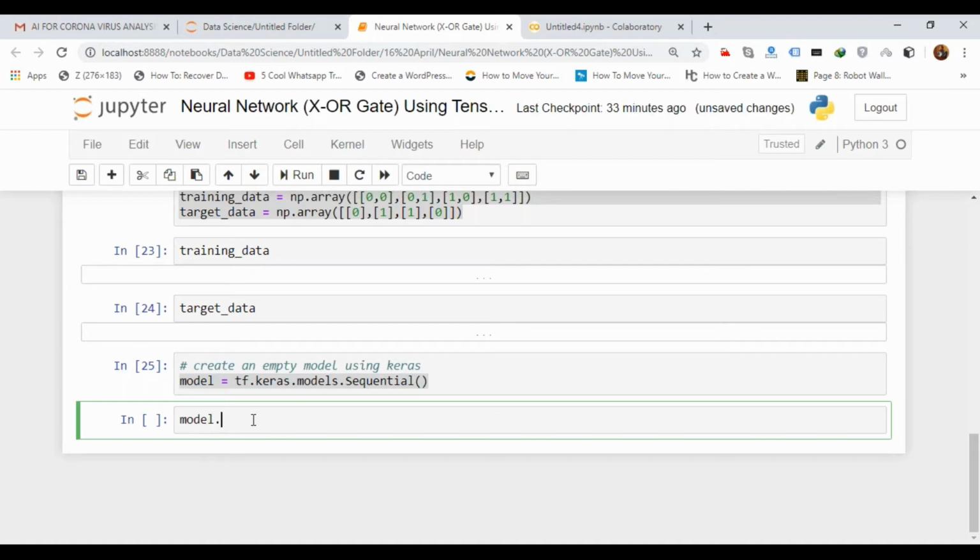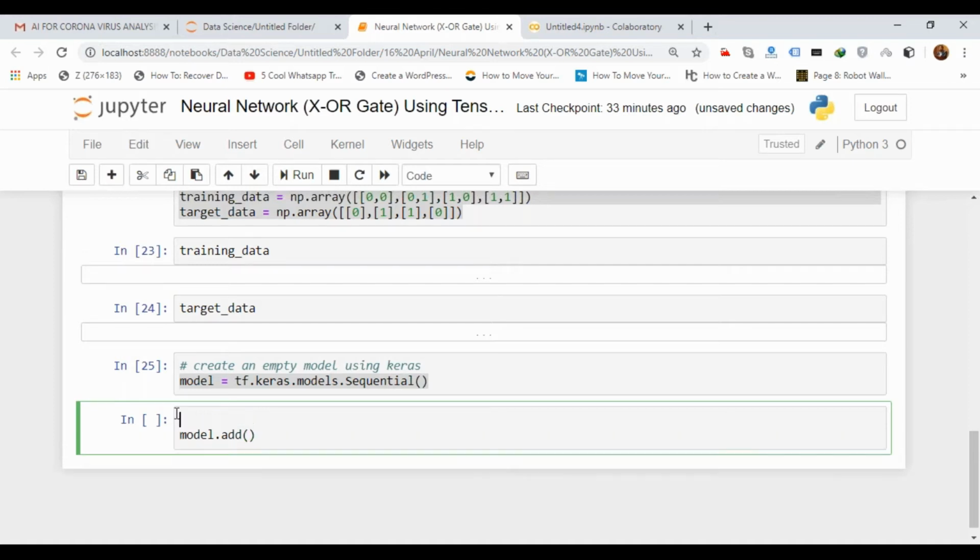So here we will add, adding layers to the model.